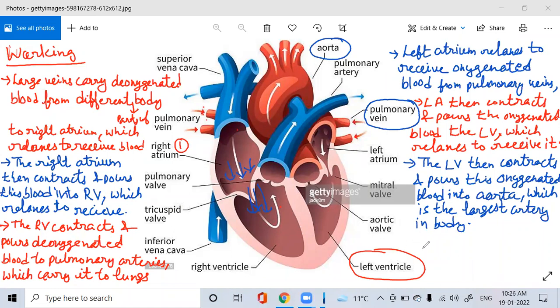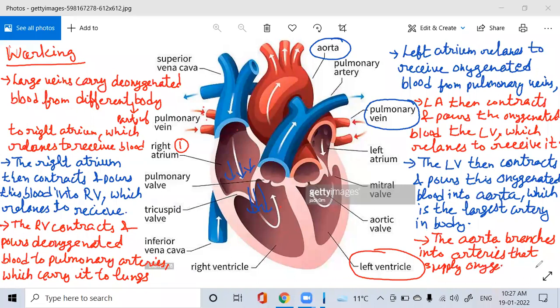Now this aorta branches into arteries, right, that supply oxygenated blood, where it will supply to all parts of the body,